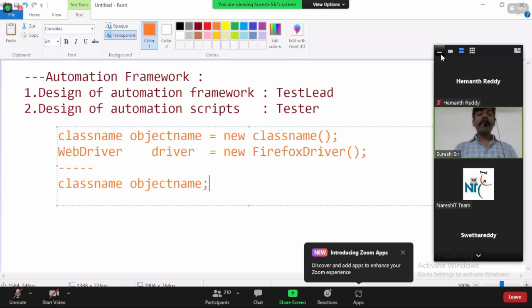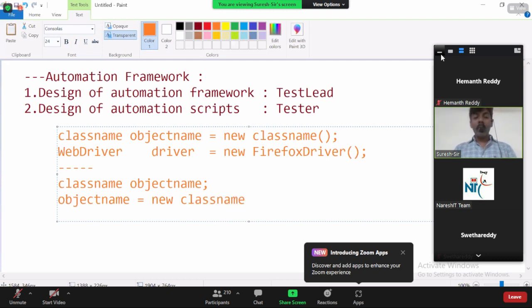Okay. In the next line, object name equal to new class name. Both are object creation. The first approach is just